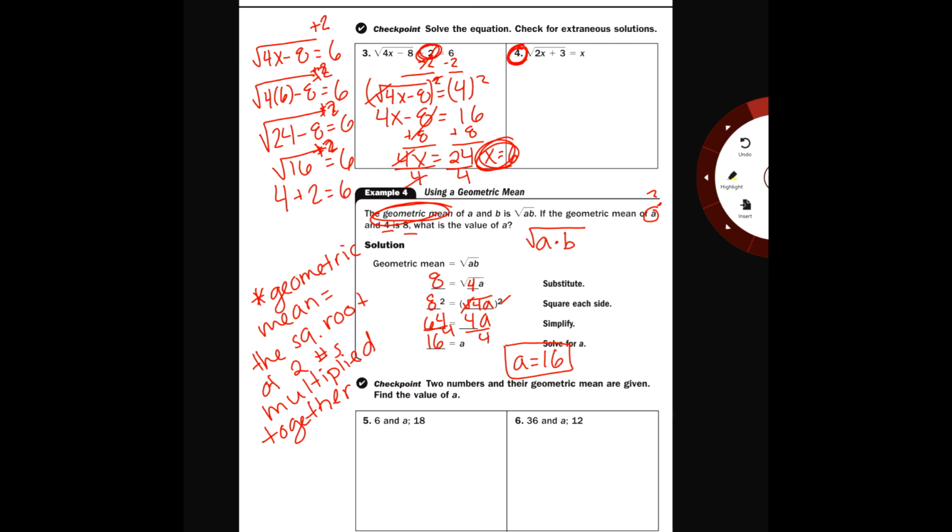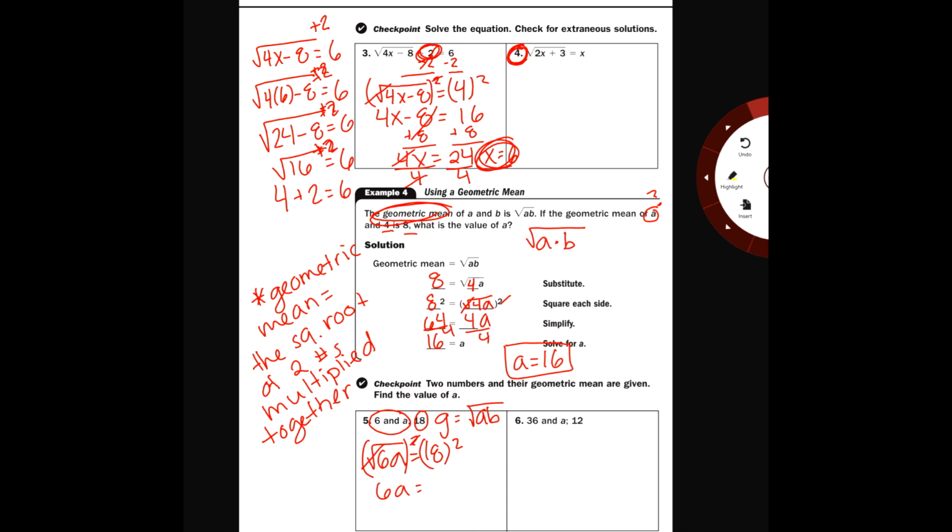So let's do one more. So again, it's your geometric mean, we'll call it g, equals the square root of a and b. So we have 6 and a, so we have radical 6a, and their geometric mean is 18. So I can square both sides here. So then I have 6a equals 18 squared, which is, let's see,